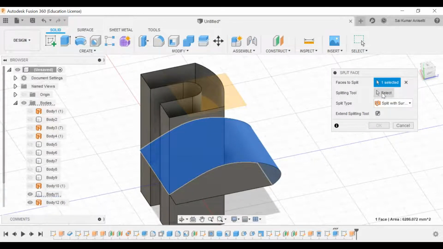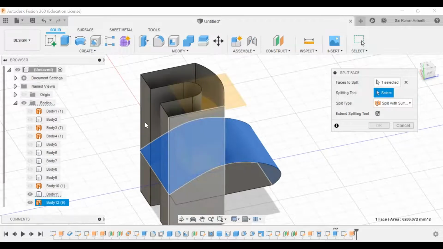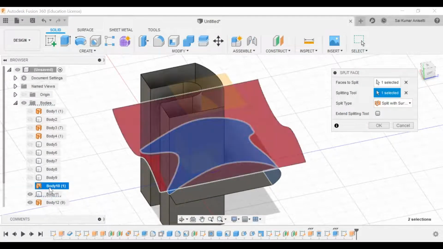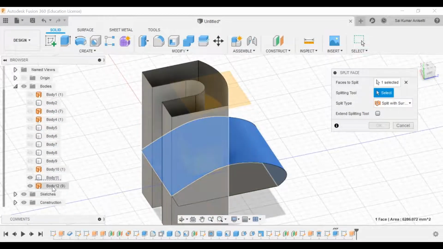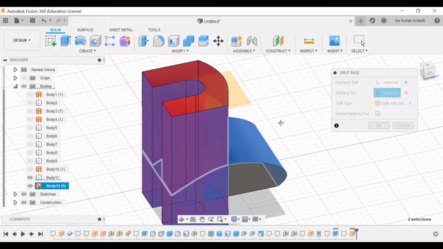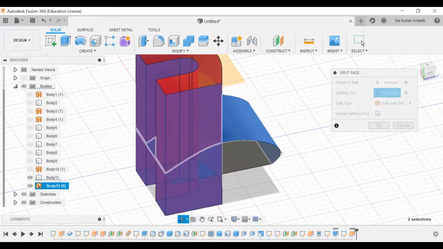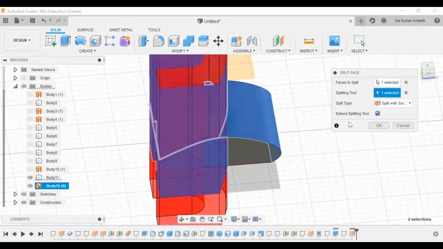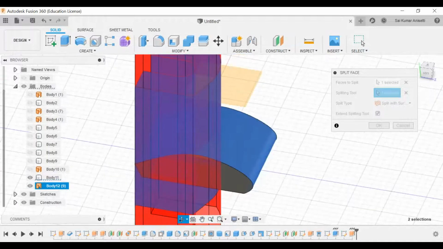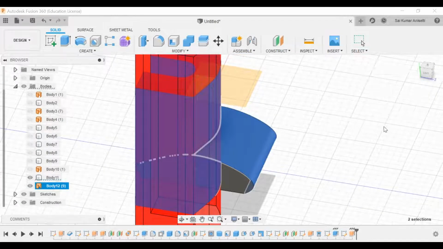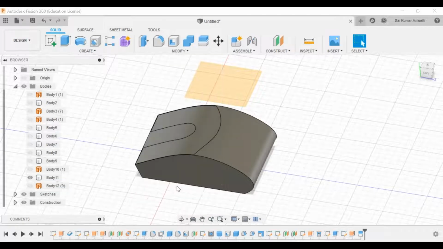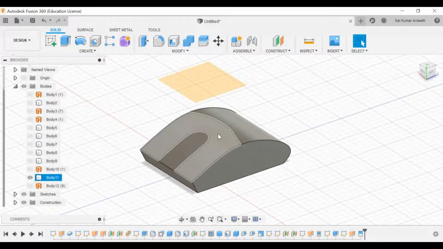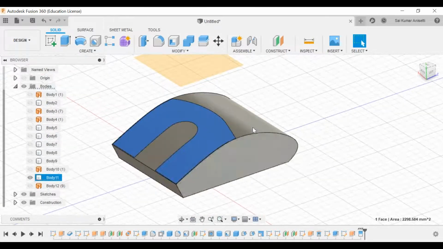With what surface do I need to split? With respect to this body, body 12. Extend splitting tool means it will extend from top to bottom equally. Click OK, and I'll hide body number 12. Now see what it has created for me.